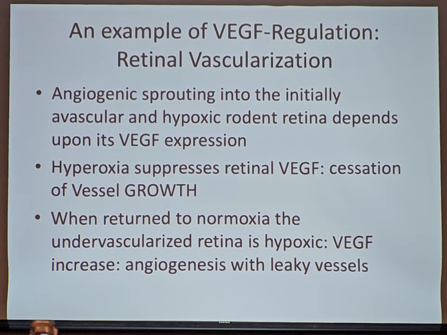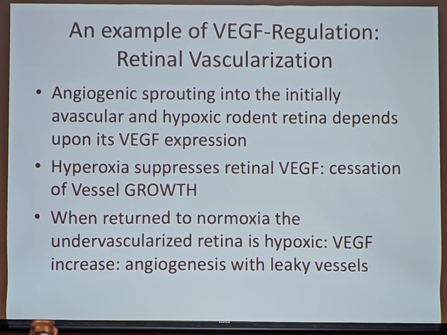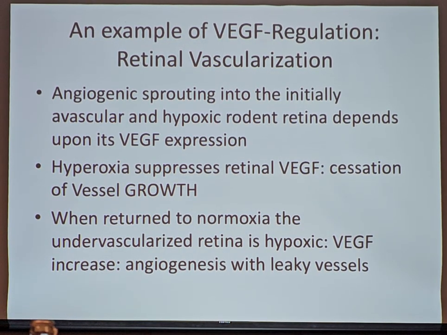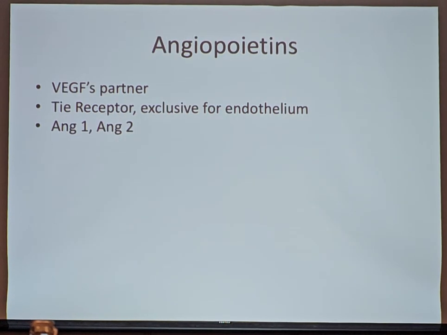And when the retina is hypoxic, what will happen? HIF will be upregulated, VEGF will be upregulated, and now you'll have leaky blood vessels within the retina, which will lead to hemorrhages in the retina, and therefore babies that are being taken out of the incubator too early have a high likelihood to become blind. This has been demonstrated not only in the clinical setting, but also in these mouse models here that demonstrate very nicely how the interplay of VEGF with your oxygen tension, how important this interplay is.